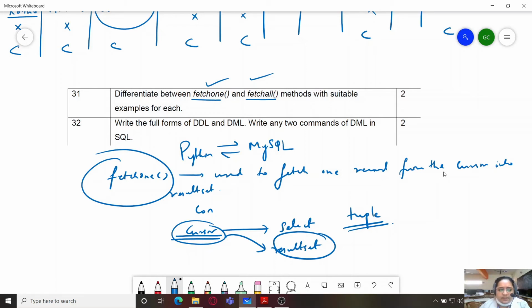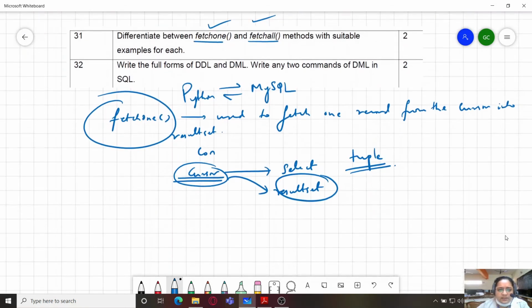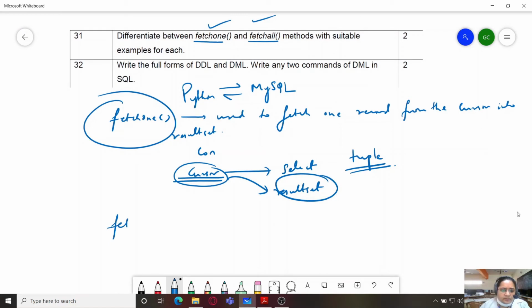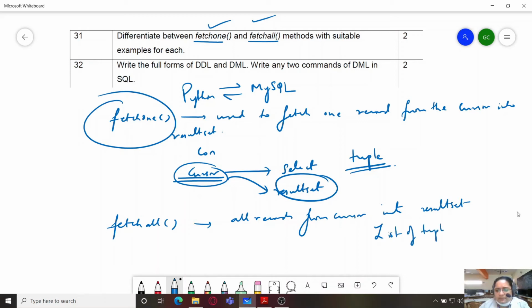And fetch all method will fetch all the records, or all tuples, from the cursor into the result set in the form of a list of tuples, where every individual tuple forms one of the records within the list. So you can give a suitable example for this.